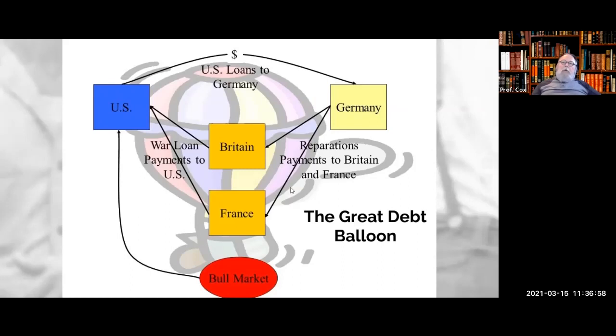And that's why I call it the great debt balloon, because the bull market is the fire that's keeping the balloon inflated and floating, but it's hot air. It's not real. And when the fire goes out, the whole thing collapses. Okay, this money that was being invested, that was being loaned, right,